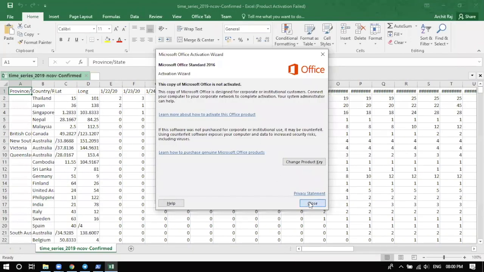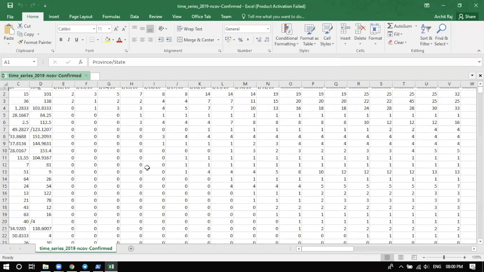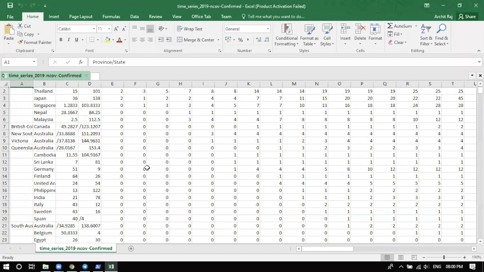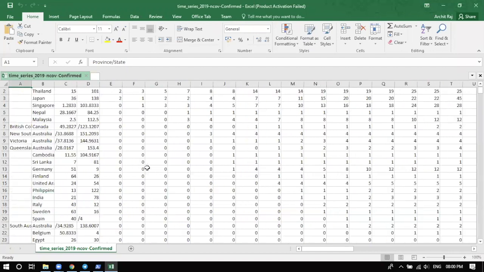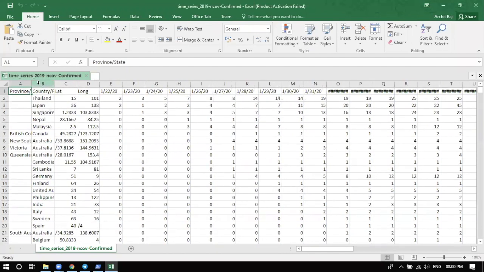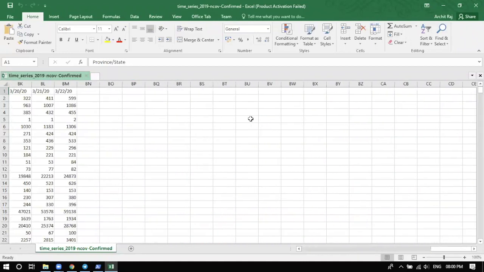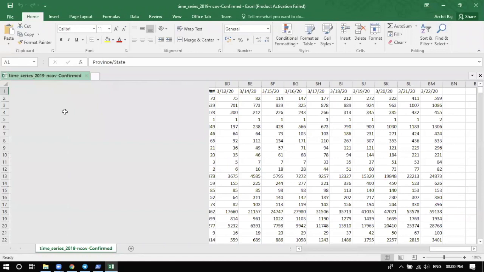Now you can see there is a time series for the COVID-19 dataset. It's telling you the province, countries, the latitude and the longitude of the countries, and it starts from 22nd of January 2020 and ends on 22nd of March 2020, and it's time series data.